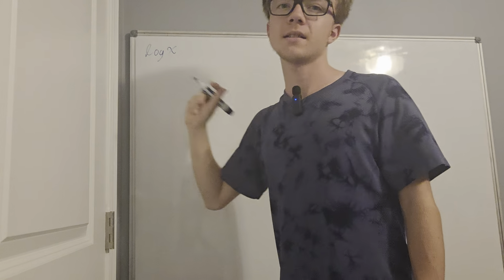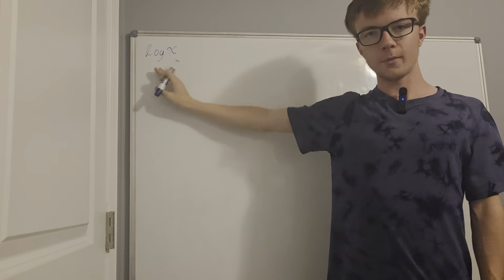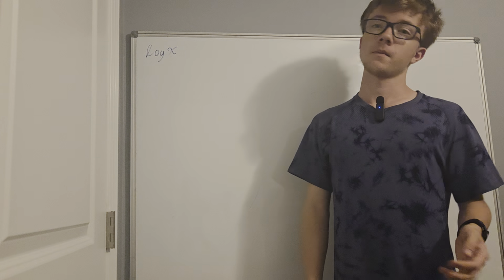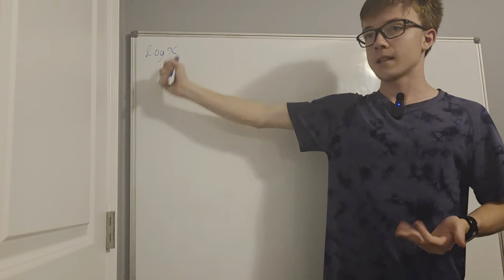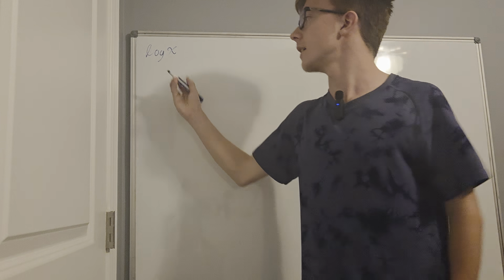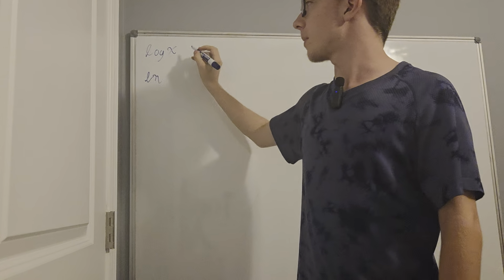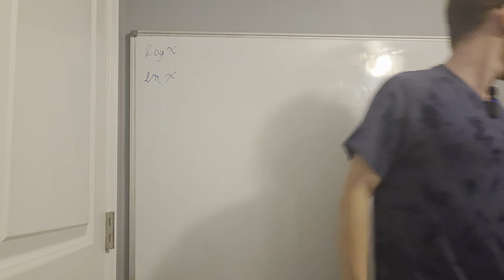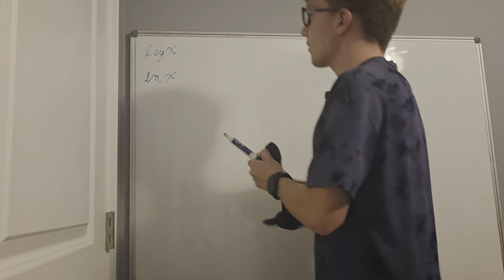Right? The basic logarithm function is just going to be the inverse of 10 to the x, because it has a base 10. Right? The natural logarithm is, in my opinion, a lot better. It's just the inverse of e to the x. Right? So that's cool and all, but